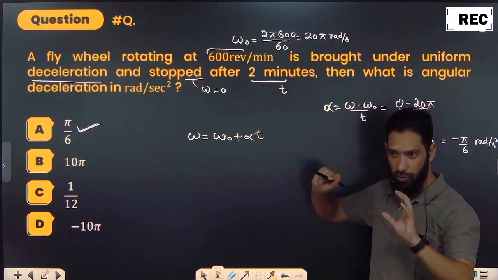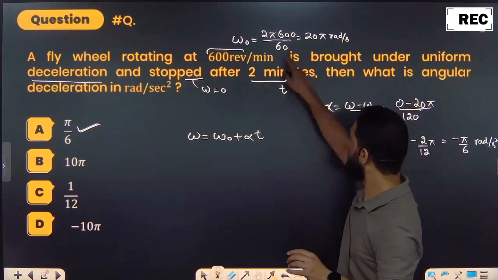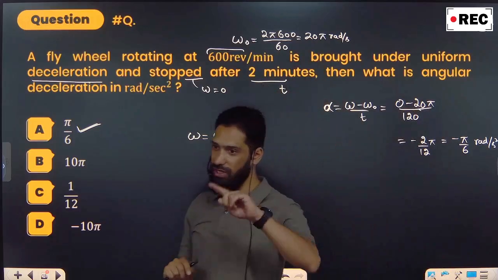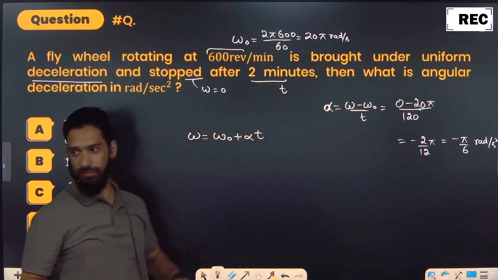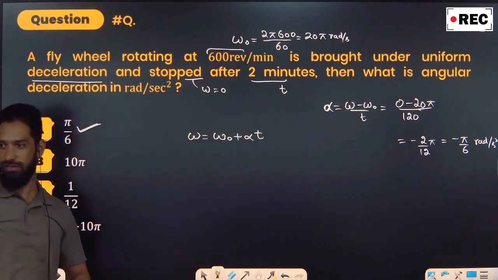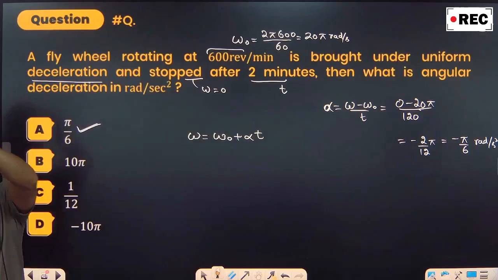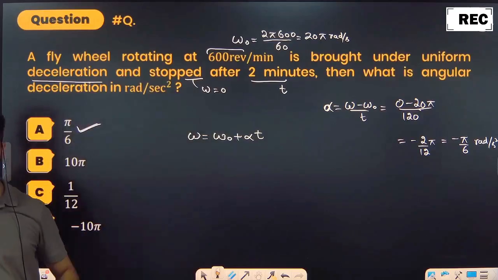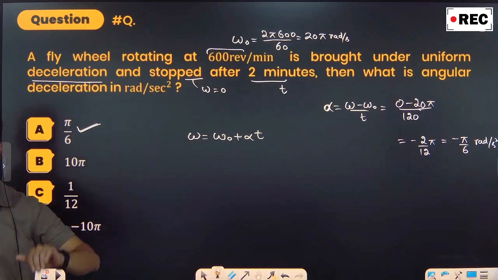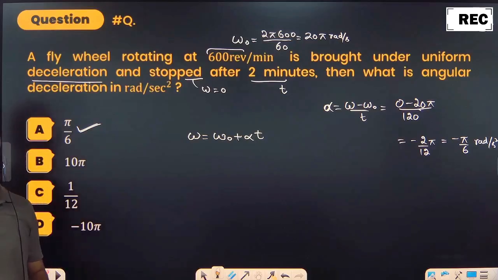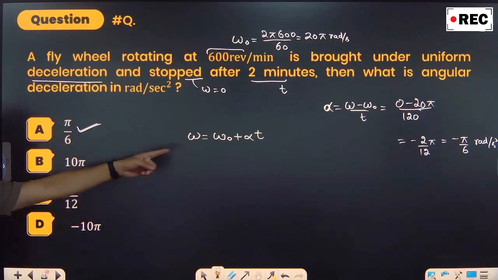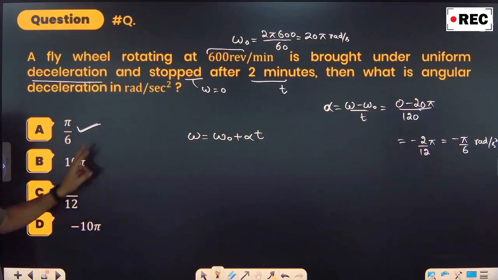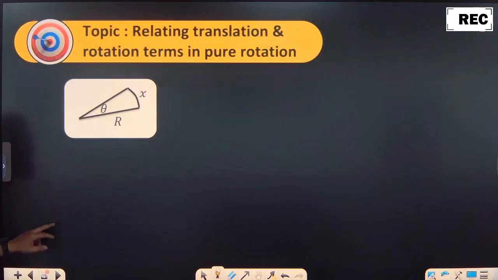It is saying in overall when it was moving with 20 radians per second, now you are stopping it in 2 minutes. Like say for example this fan is moving with 20 radians. I just switch it off. After 2 minutes it completely comes to rest. What is alpha? Actually it is minus means deceleration ना, pi by 6. क्या करते हैं यार, ये हलवा क्वेश्चन भी गलत कर दिया आपने.